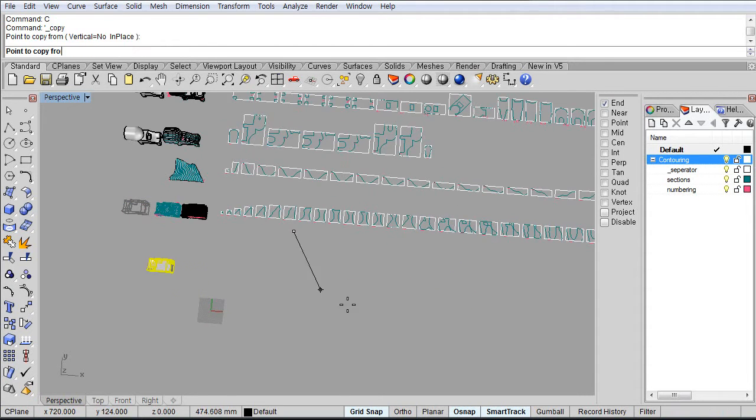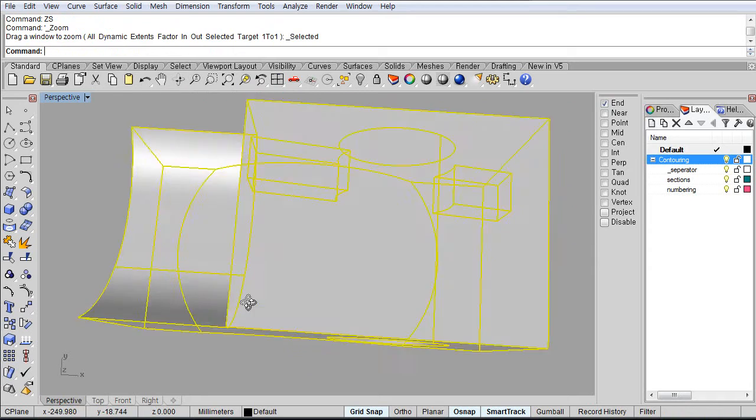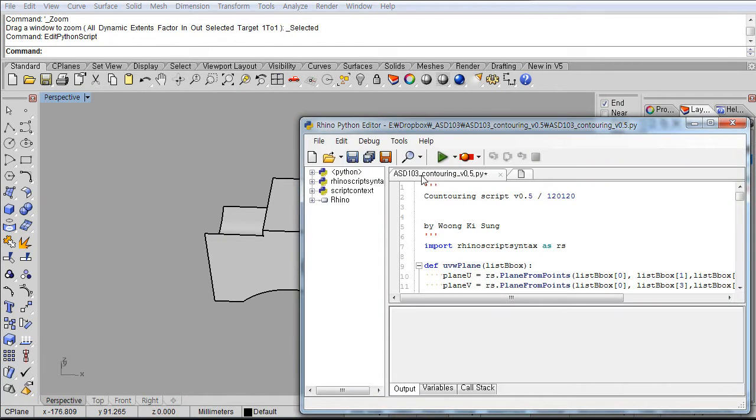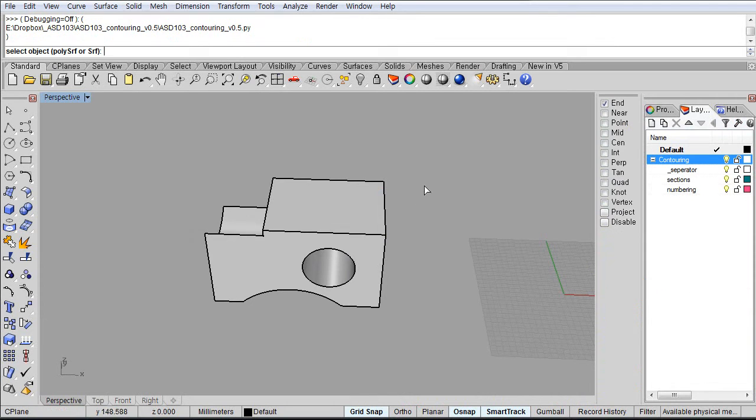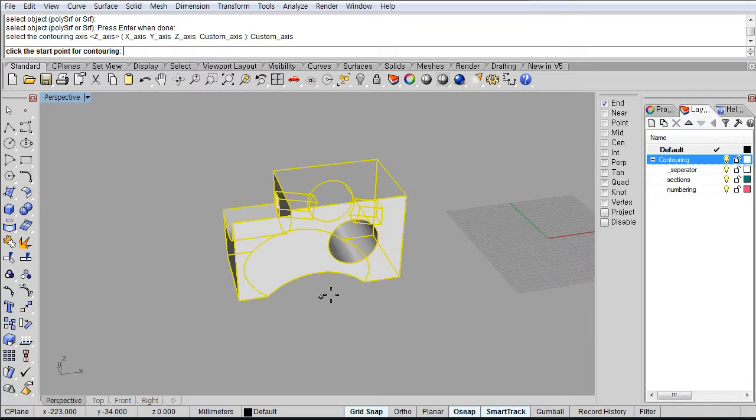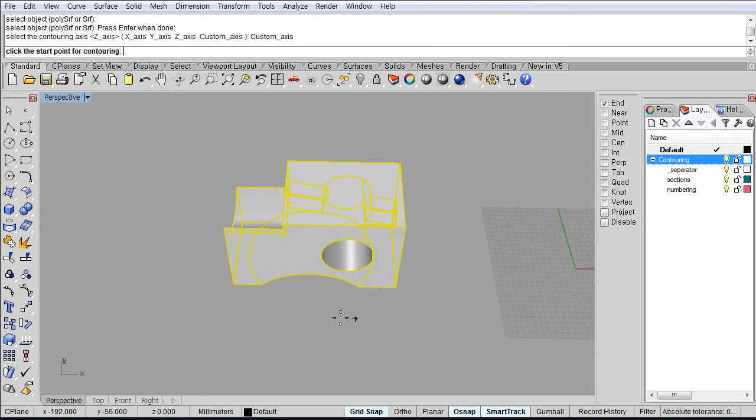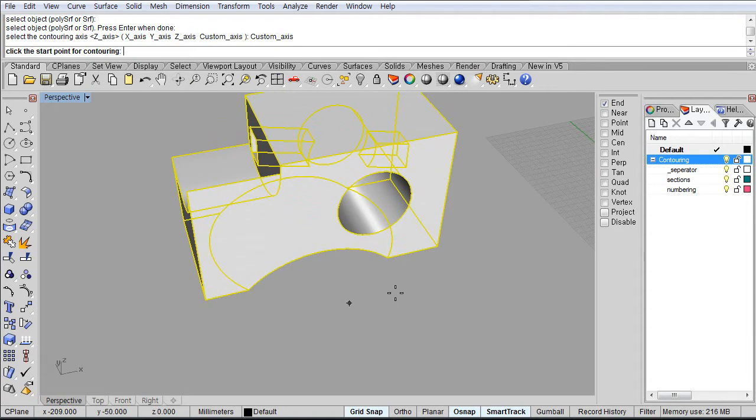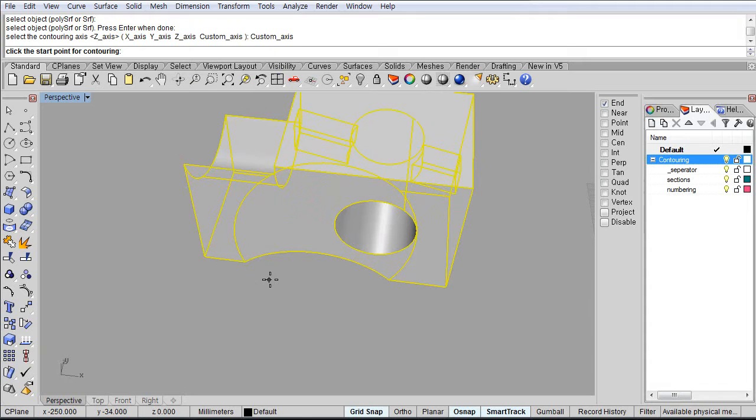And the other interesting feature of this option is partial contouring. So if you select the object and press custom axis, if you want to make contour lines partially, you can just choose the starting line wherever you want. For example, like from this point to this point,